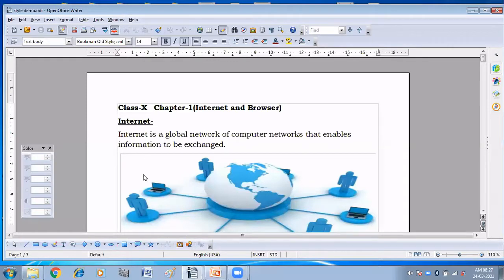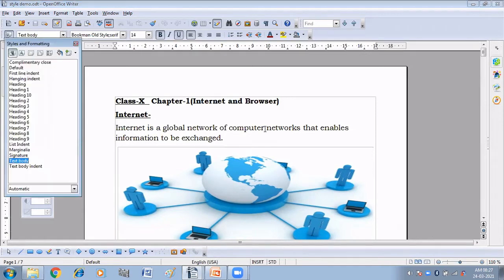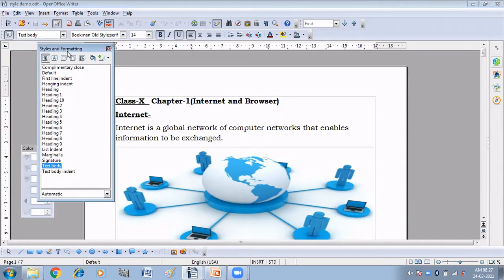So, this is my OpenOffice Writer document. Now, we have three ways to open style and formatting window. First, you can press F11 key. See, style and formatting window gets open, right?